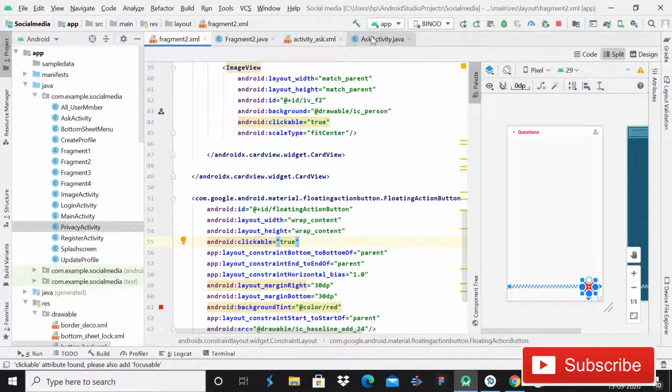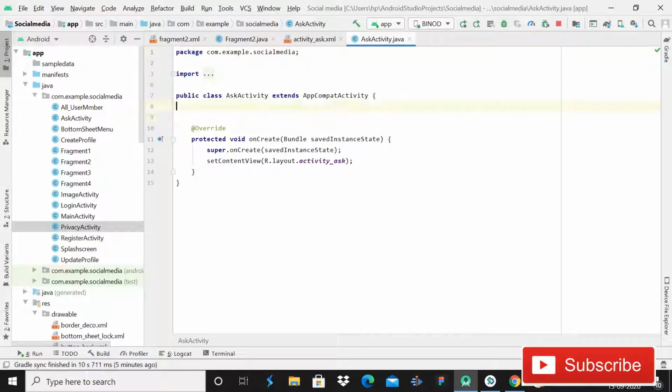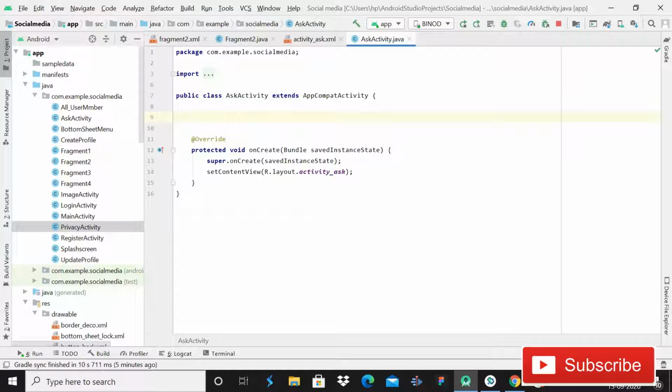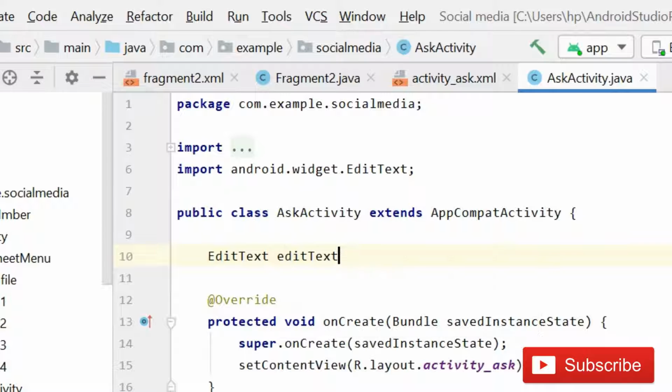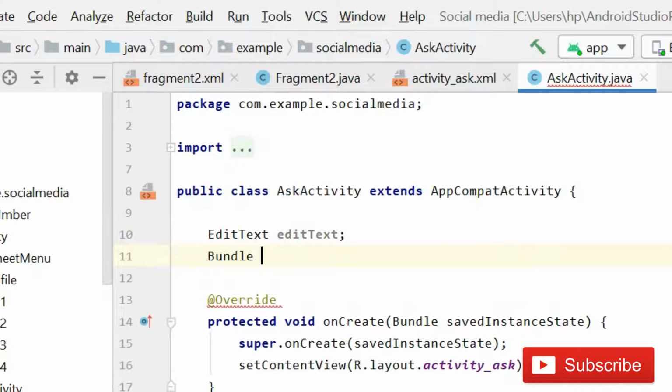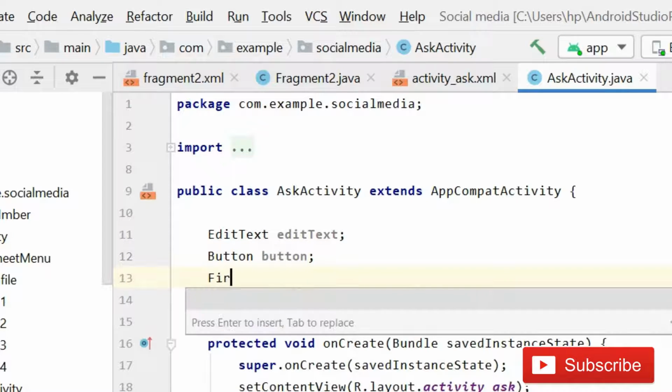close this privacy activity and open this ask activity, and then here guys we have to declare the variables. Fine, so here we will declare the very basic edit text, then button, and oops, simply write button, then button. Fine guys, so after this here you have to write this firebase